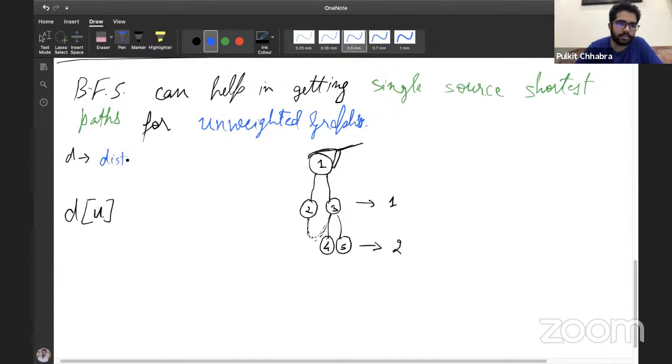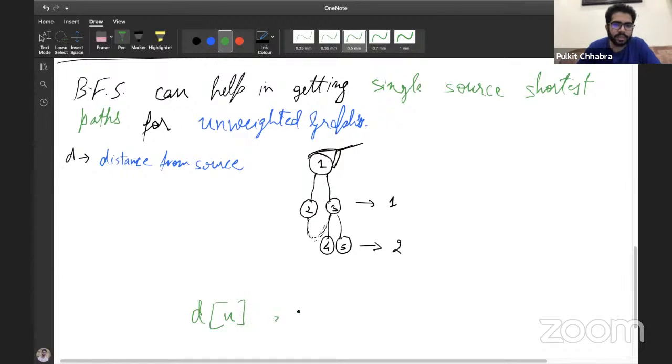D means distance from source. So the distance for a particular node U is equal to the distance of the parent of U plus 1. So if 3's distance is 1, then 4's and 5's distance will be 2.